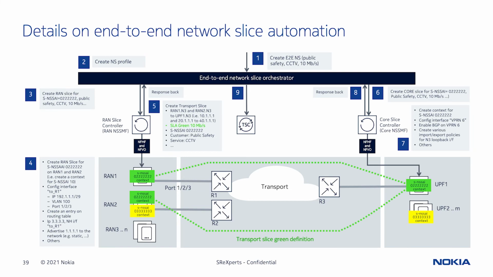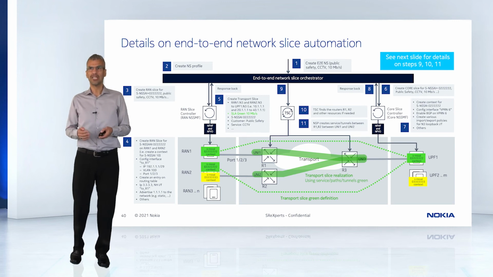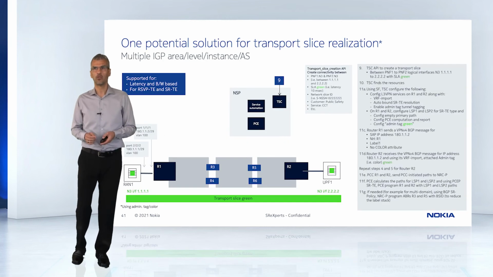And the transport slice controller goes and realizes that, when using various services, tunnels. Step 9 is technology agnostic. Steps 10 and 11 are technology specific. If I go one step further and extend steps 9, 10, and 11 in the next slide, you will see here